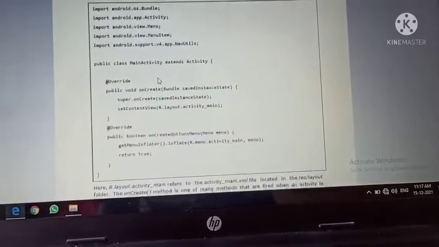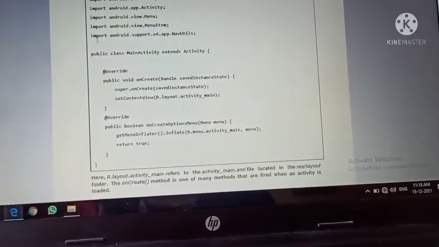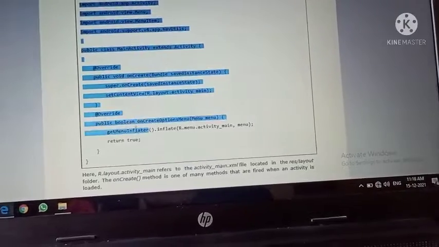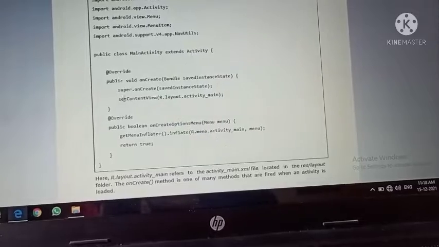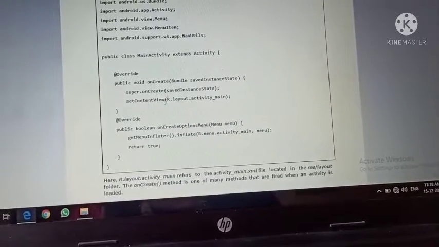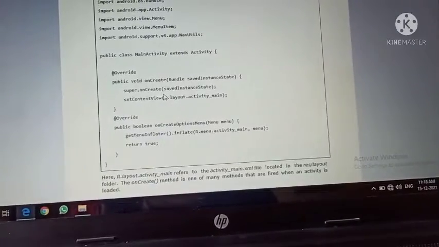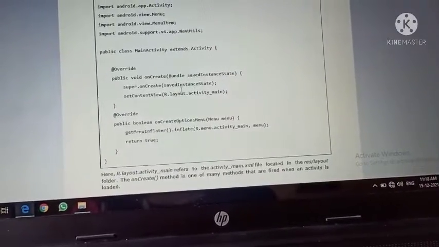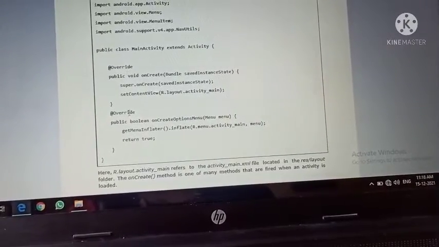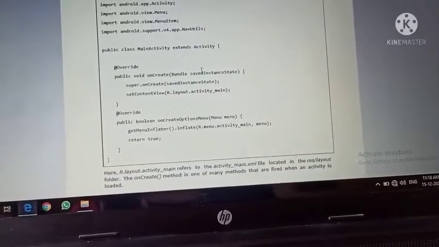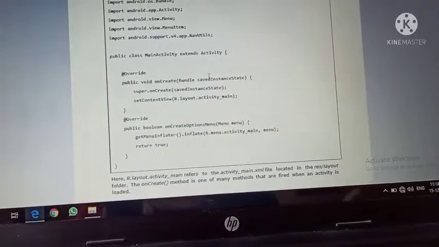So in Android or in Eclipse you don't need to write this particular code. This code is available ready-made on that screen. You just need to add your class names and the main programming code which you want to run. Like suppose I want to create a login page or sign up page, then I need to write the code of the sign up page directly here. I don't need to write all these package names and class names here. This whole feature I get ready-made, provided by the software.